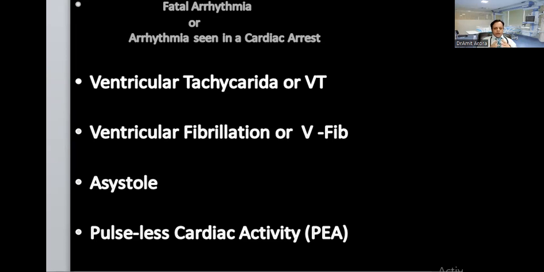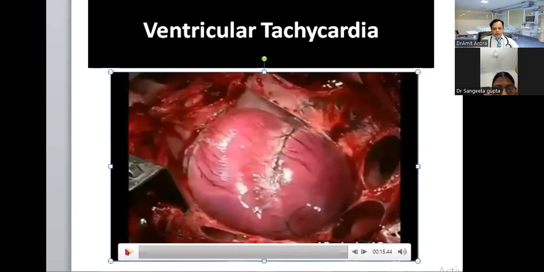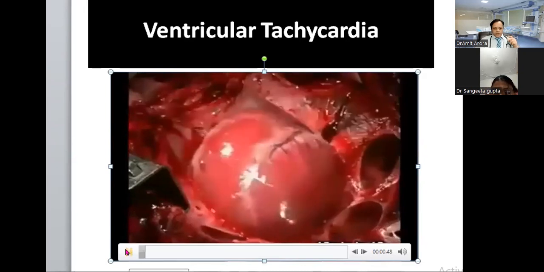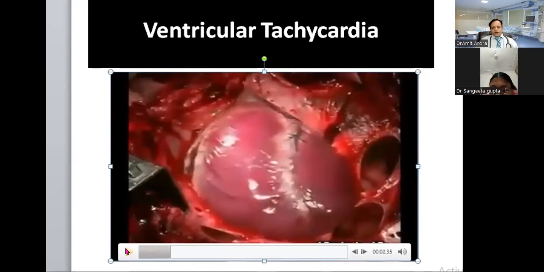Has anybody done a course of ACLS, BLS? What happens in ventricular tachycardia? Some focus on the ventricles becomes irritable and develops the capacity to generate the impulse. Usually in ischemia, it happens. Okay. So what happened? Now, previously, what was happening? The sinus node was firing, and the impulse was coming from the AV node to the ventricle. Now, what is happening? A focus gets generated over the ventricular wall, and since it doesn't know